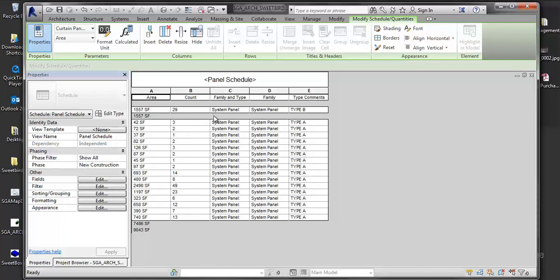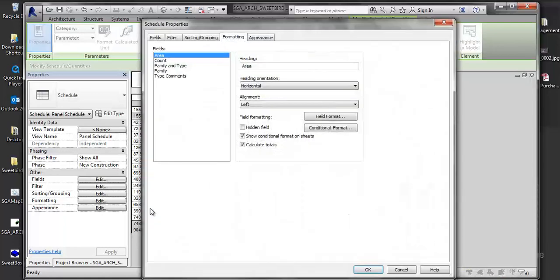So I think, all right, there's always going to be some tallies where you're not going to get everything you want out of it. Really, it's about what I want out of the data. I can always duplicate off the schedule and combine schedules on a sheet. So yeah, that's that. If I want to look at what a conditional format is, so my area, I can